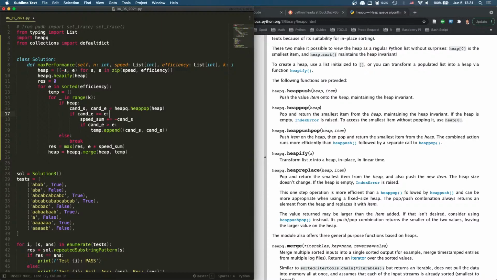And if it's larger than E, then we add it and then we push it to the temp. No problem with it. If it's smaller than E, then we just remove it. We don't even consider it. If it's equal to E, then we add it. And once we are done,